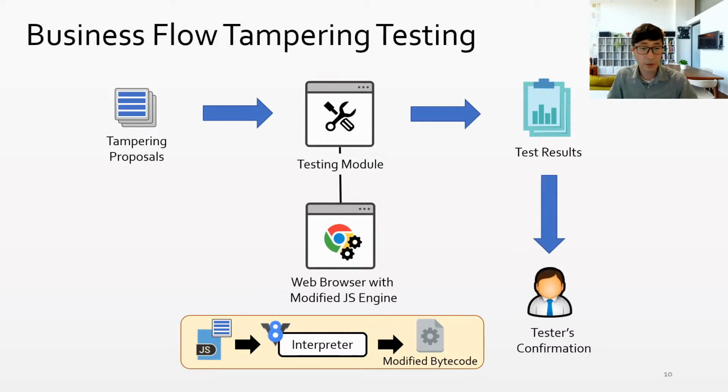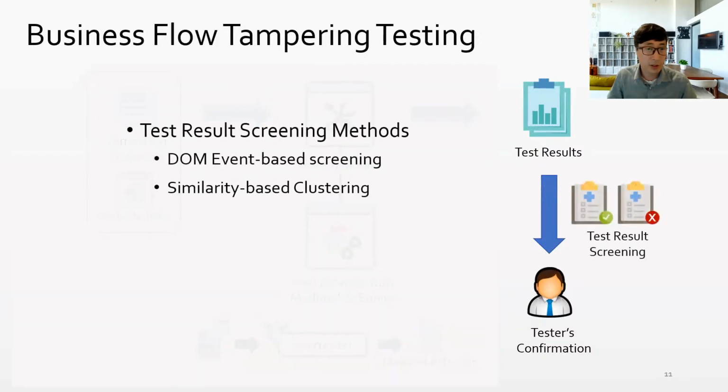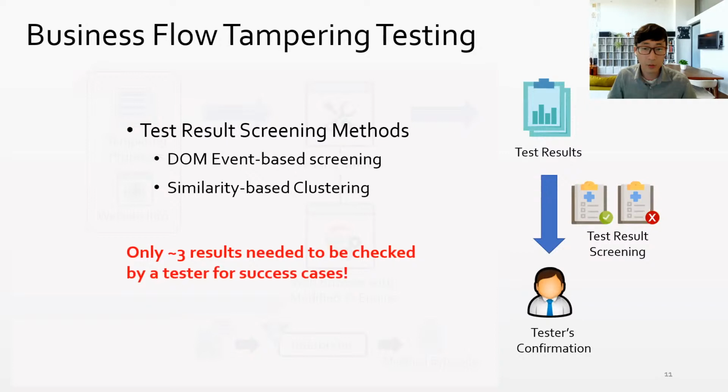In order to minimize the tester's manual effort, we also developed a test result screening method. First, if the original DOM mutation event is also triggered during the test, it means we failed to change the original execution, so we can ignore those results. Next, instead of checking every result one at a time, we gather a batch of results and group them together based on similarities so that a tester can check only one result in a group. By using these techniques, we found that only around 3 testing results need to be checked by a tester